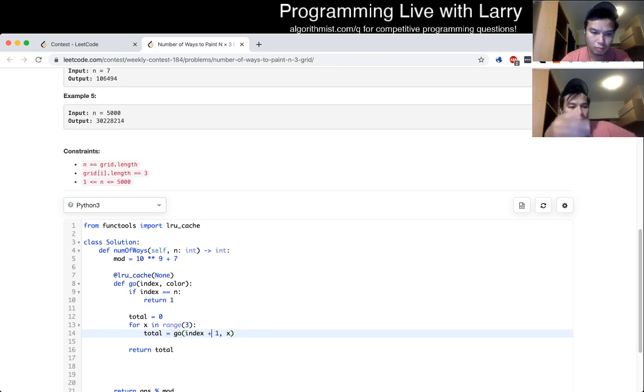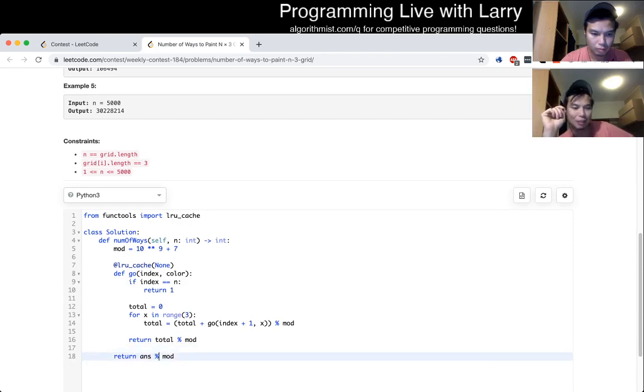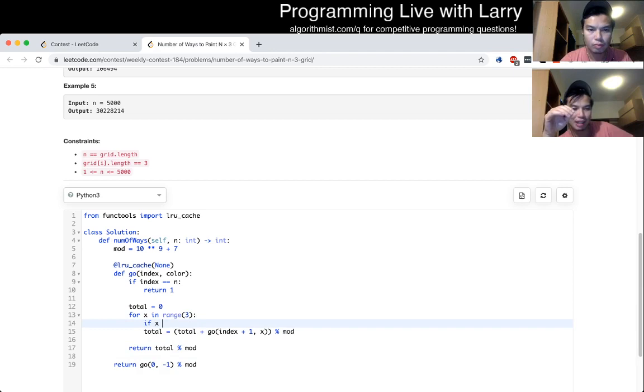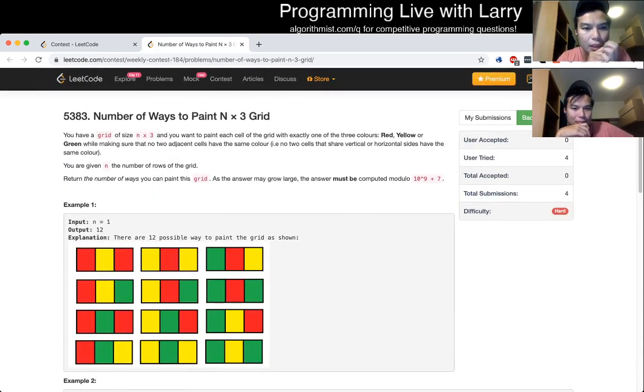But yeah, so as you can see, I was trying to figure out how to do it. I was just setting up the templates a little bit and doing the mods, but I would just figure out like, okay, the two colors that are adjacent. And this is in theory, if that was the problem, this is actually already mostly done. I just need to, and I was like, okay, just -1's fine. I have to do if color is, and then I was going to do with color is not equal to x, you do the add, but then